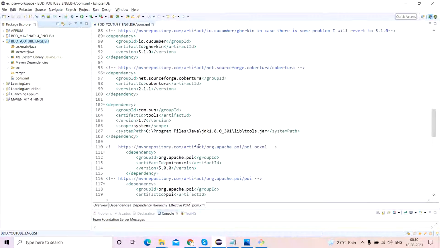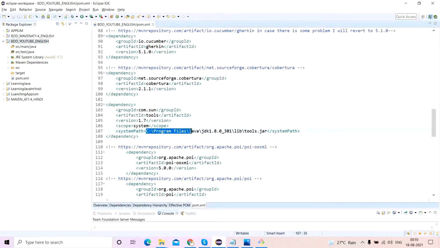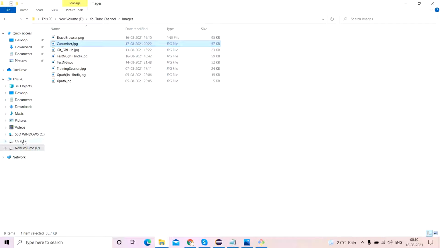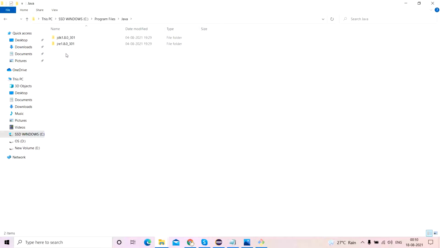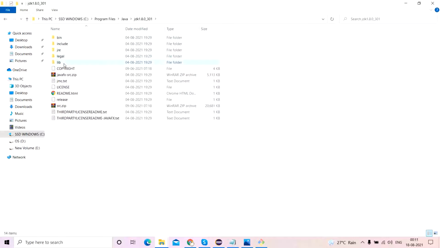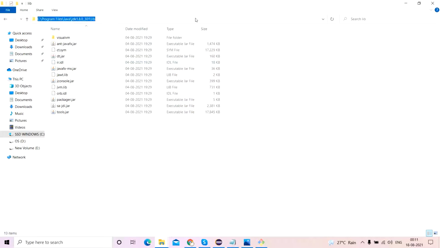And yeah, one more thing. When it comes down to this tools, you need to add this Maven dependency. This will be different for you. So what is this particular system path? I need to tell you. You have to go to your C drive, Program Files, go to your Java, go to your JDK folder, go inside the lib folder and take this path.